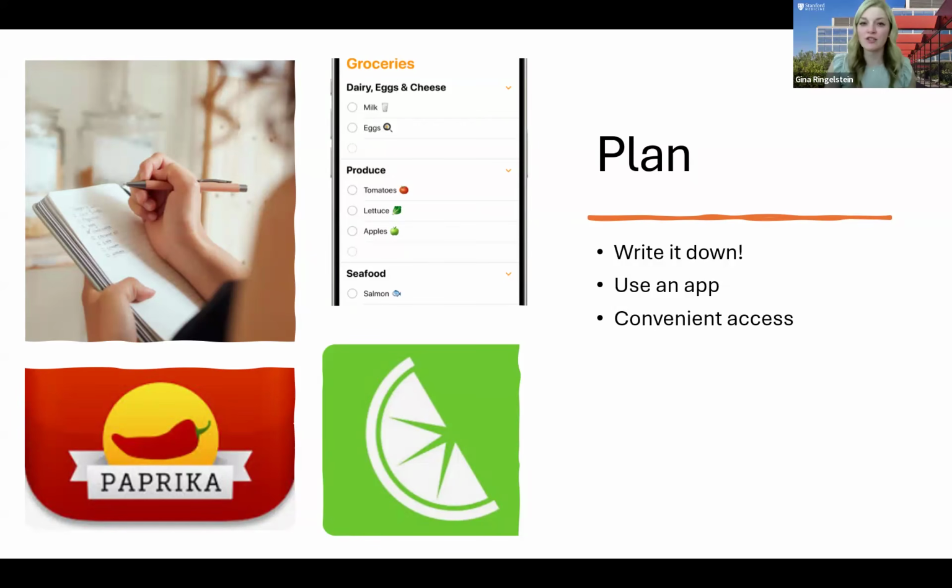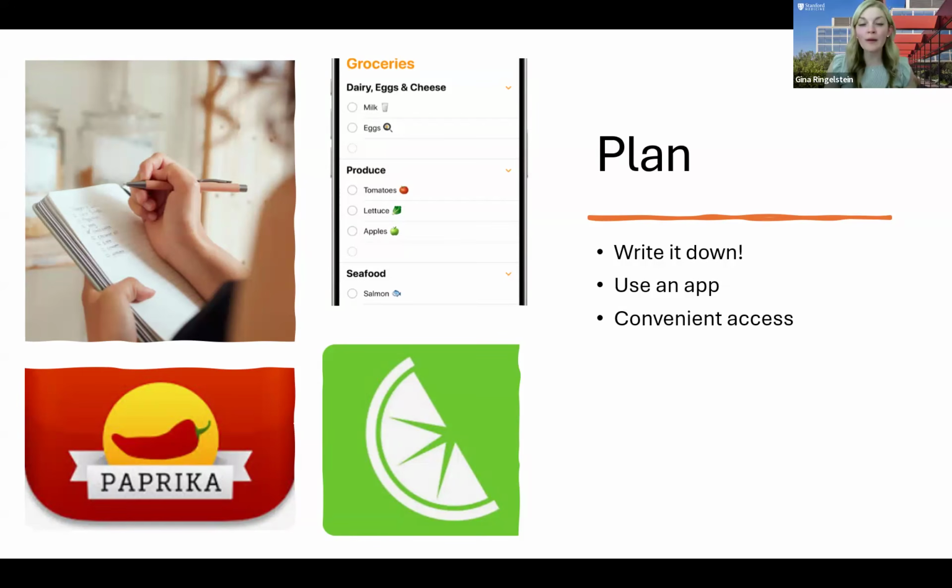Now, if you're not someone who likes to go more old school and write things down, what I usually say is invest in some kind of technology. For example, we all have our cell phones, right? We often carry those everywhere with us. And so, a great way to utilize a grocery list is to use the reminder app if you do have an Apple phone. This is where you can create a running grocery list to always remind you of things that you might be running out of or keeping track of ingredients you need to use for a meal that you're deciding to make. So that can be another strategy.